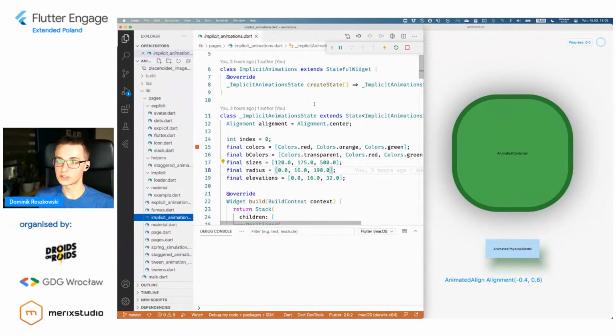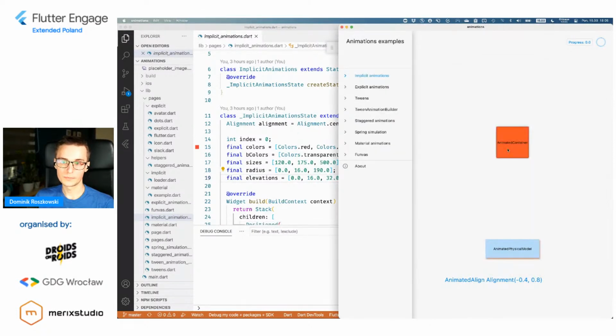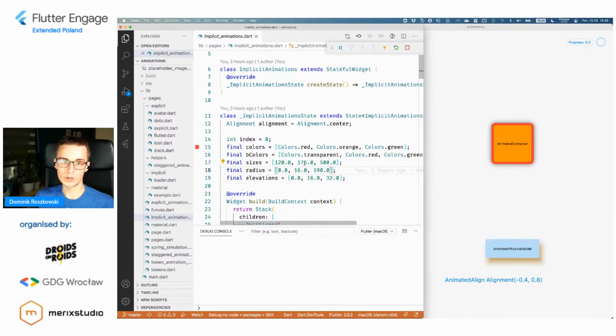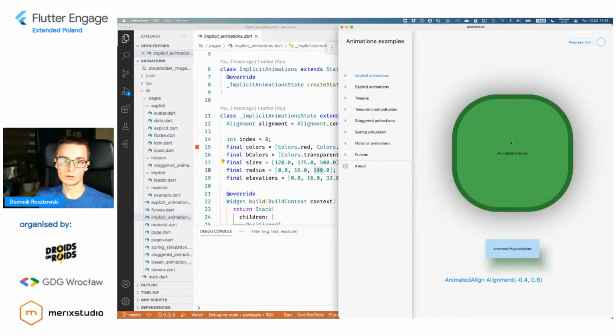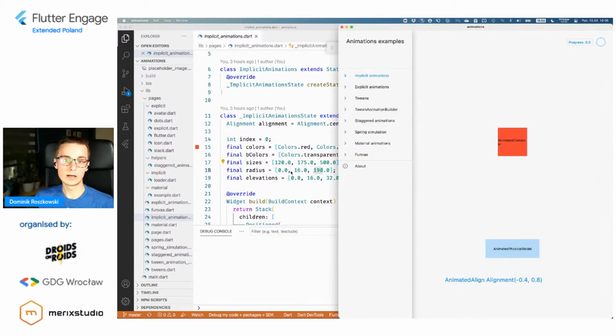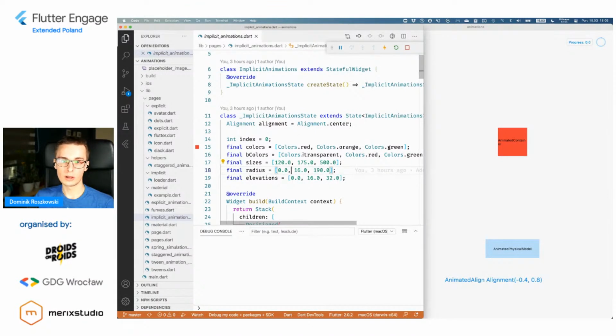So let's quickly take a look at the code that was used to make these animations. What I do here is that, for instance, in case of this button, I just change between 120, 170, and 500 size. And maybe the radius is also changing: 0, 16, 190. Yes, 0, 16, 190. The same for elevations and colors and so on.